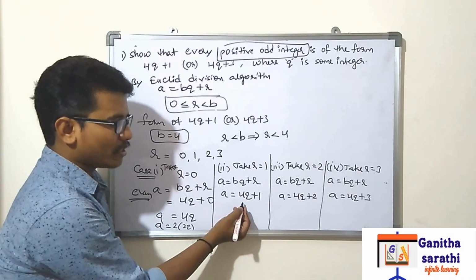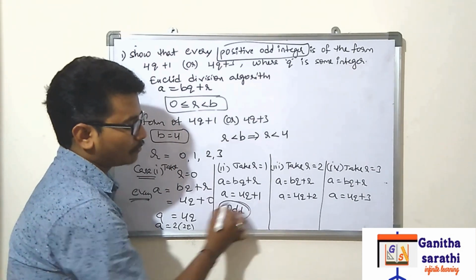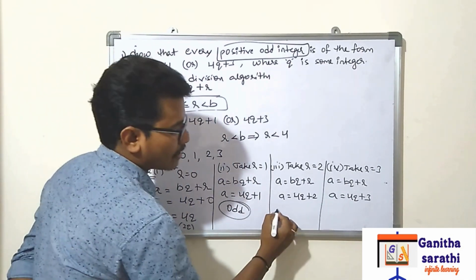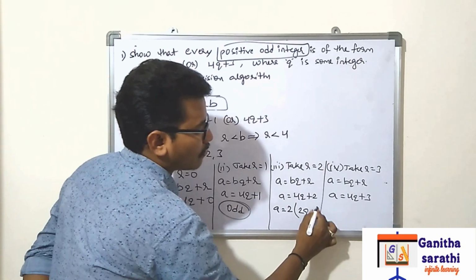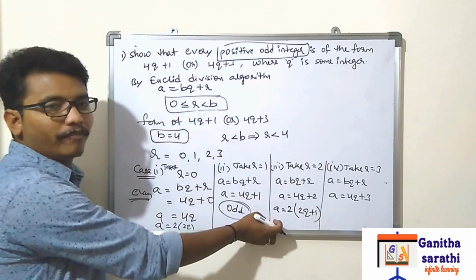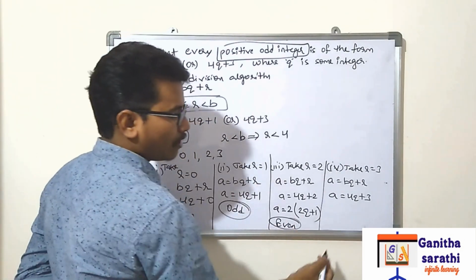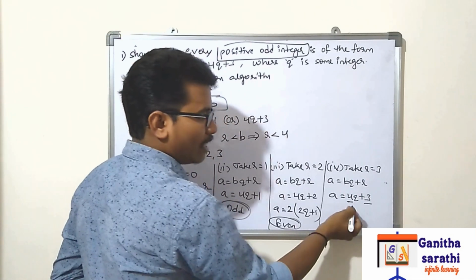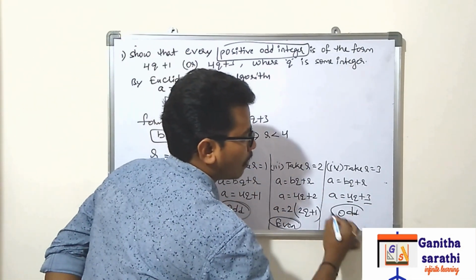No, we can't take it, because here it is 4 and here it is 1, so it is odd. Next, can we take common part 2 in this number? Yes, A is equal to 2q plus 1, if you take 2 as the common part, so this is also a multiple of 2, which means it is an even number. Now see this one, can we take the common part 2 in this? No, 4q is divisible but 3 is not divisible by 2, so this will be an odd number.